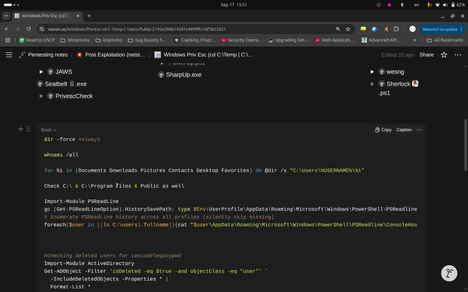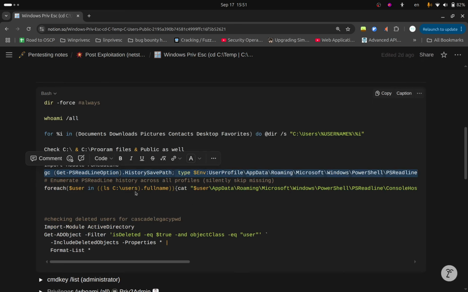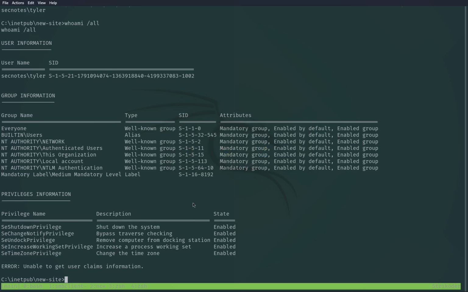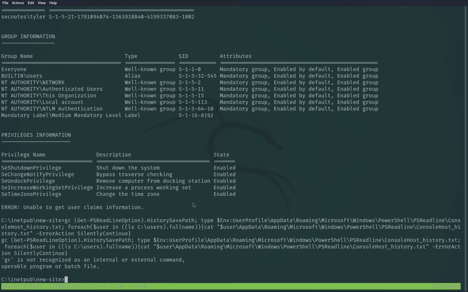and I will enumerate everything within the user that we have, then check the program files and the public, and check the history. Let me start with the history actually. So I'm going over here, and probably, so we don't have the gc command. Let me get that again,